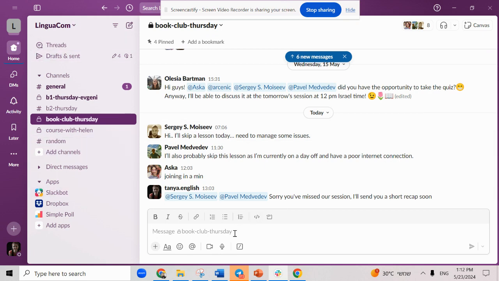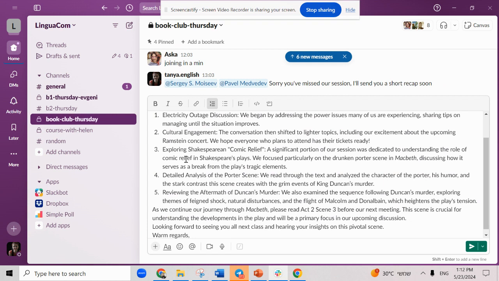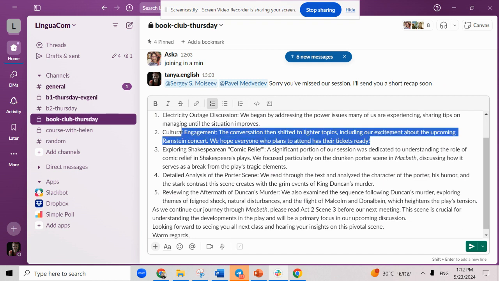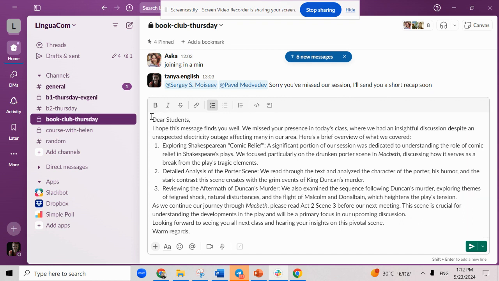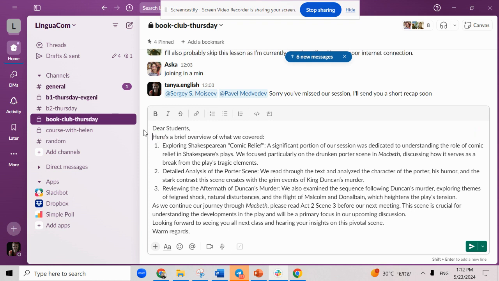I'm interacting with my students on Slack, so I'm just pasting this message here. I'm going to cut the chat part, and it's irrelevant, so I'm just going to leave only what has to do with Shakespeare and the play. Okay, here's an overview. I'll start here. Here's a brief overview of what we covered. 1, 2, 3. As we continue,